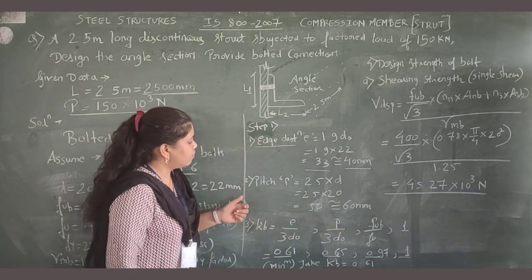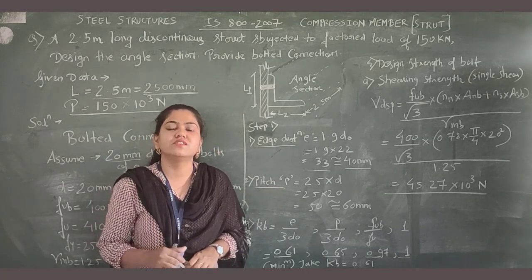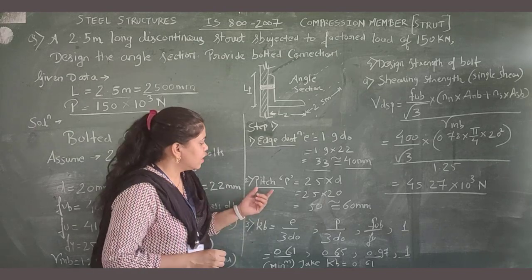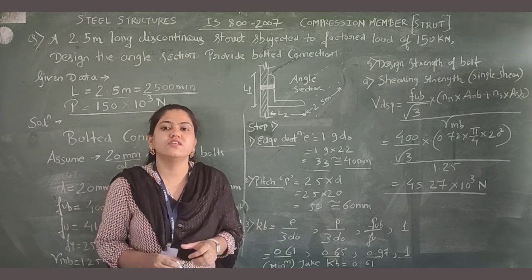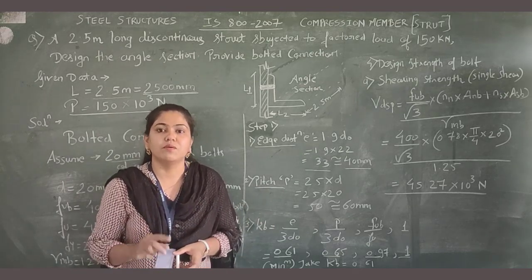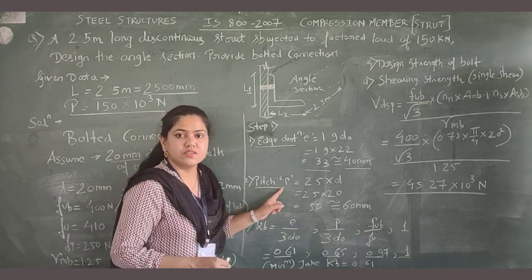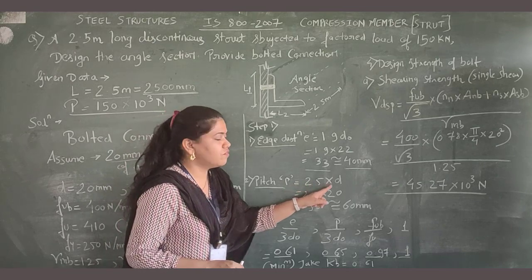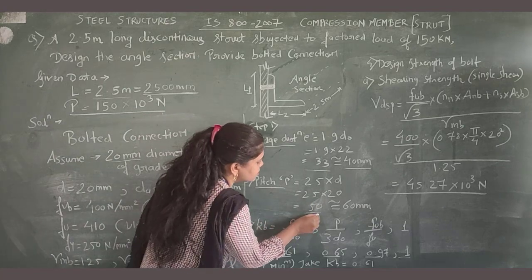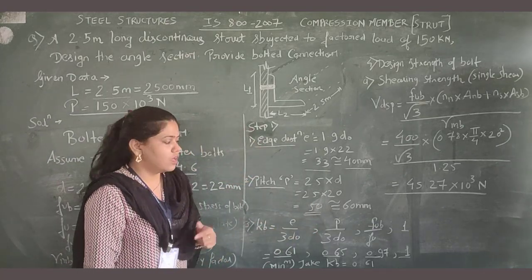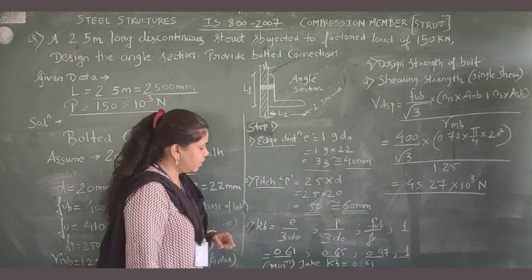Right. In the next step, you have to calculate the pitch distance. Pitch distance means the center to center distance between two bolts, okay, and it is always parallel to the direction of the force, right? The center to center distance between two rivets or two bolts parallel to the direction of the force. Always remember that. Okay, so for pitch distance, there is a formula for calculating, 2.5 d. Now you have to put the value into this given equation and you will get the pitch distance as 50 mm. Okay, round off this value to 60 mm, right? To the higher side, right?